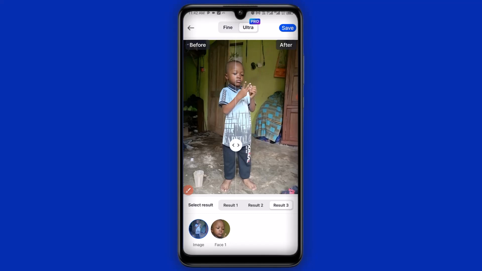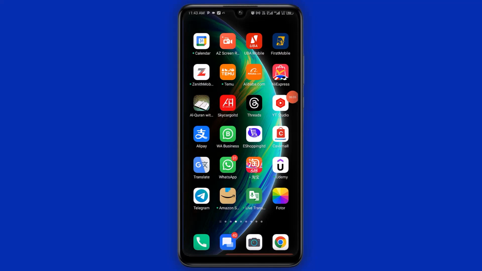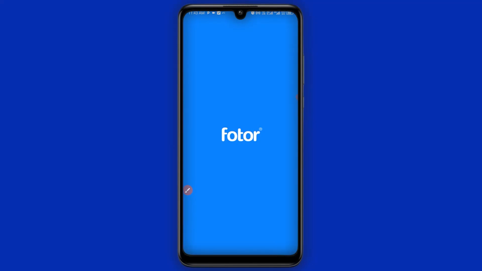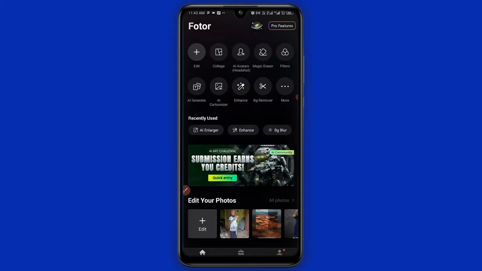So let's take a look at the very last app I have for you as far as three apps that can enhance your photo quality in Android. Let's check it out. All right, the very third one I want to use here is Photo. I'm going to click on it and open it up. Photo is also a great AI app that allows you to edit your photo as much as possible and